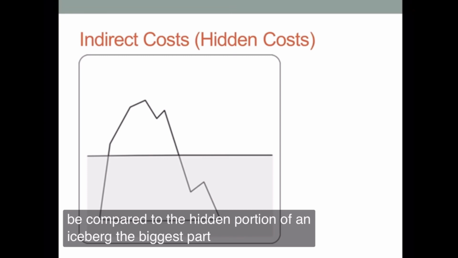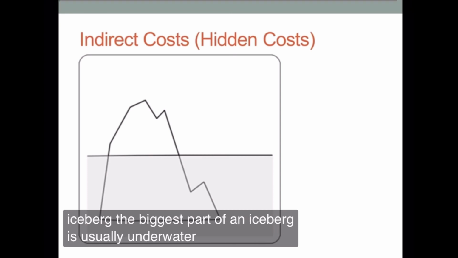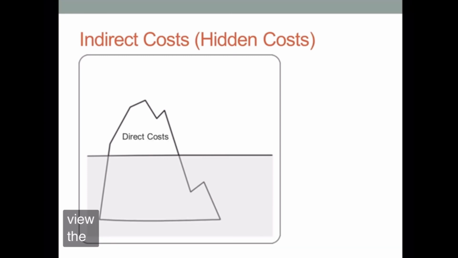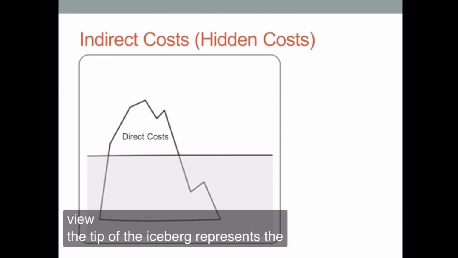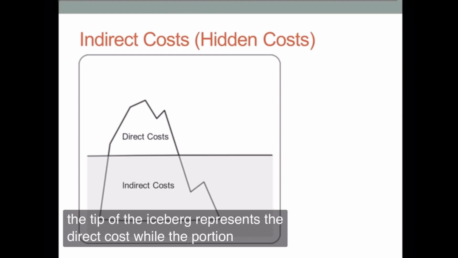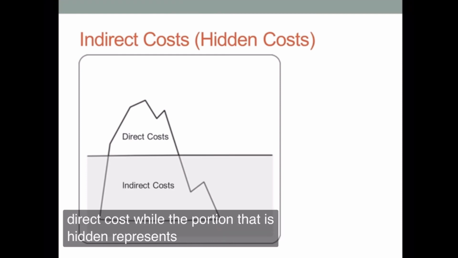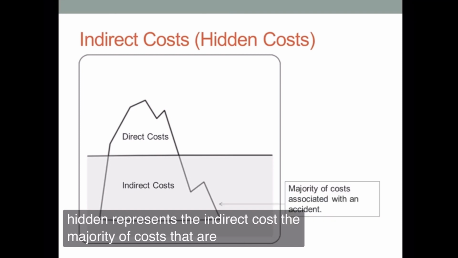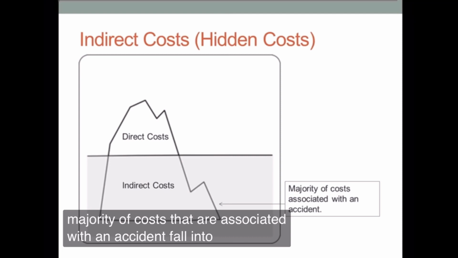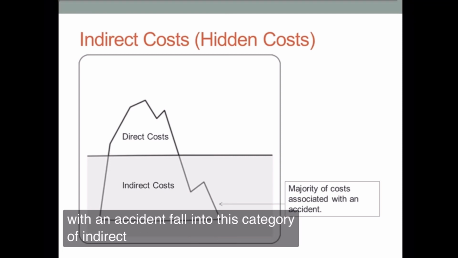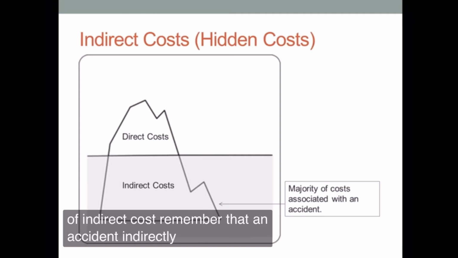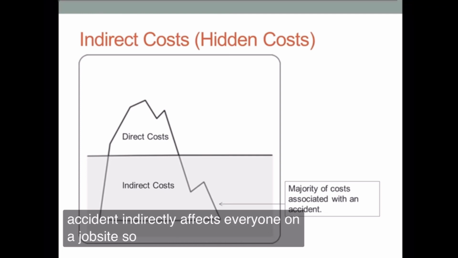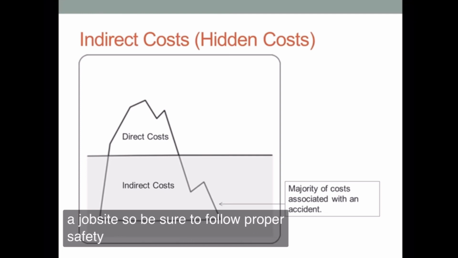The biggest part of an iceberg is usually underwater and hidden from view. The tip of the iceberg represents the direct cost, while the portion that is hidden represents the indirect cost. The majority of costs that are associated with an accident fall into this category of indirect cost. Remember that an accident indirectly affects everyone on a job site, so be sure to follow proper safety procedures